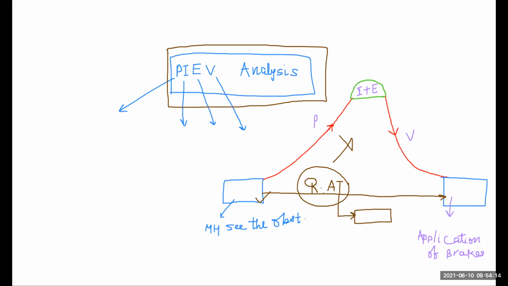Someone says, sir, environmental condition, if fog and so on is there. Okay. Environmental condition or weather condition, our reaction time will also be affected, because during the rainy season my reaction time will increase as we are not able to see the road ahead. Also, in winter season, we are not able to see or perceive the object which is ahead of our vehicle. Second one is environmental condition. Third one